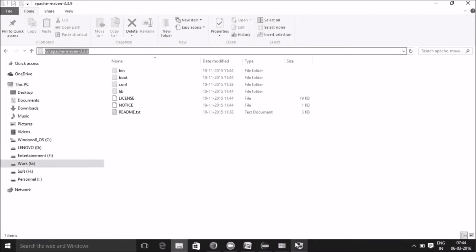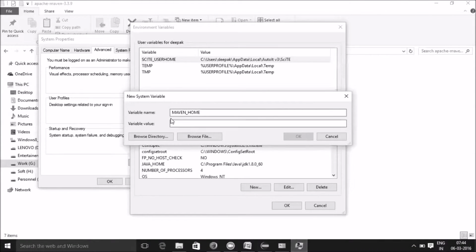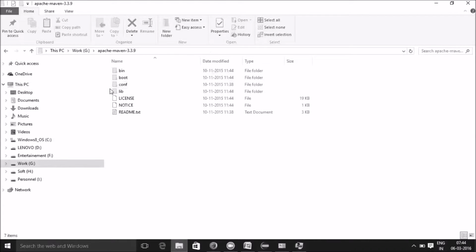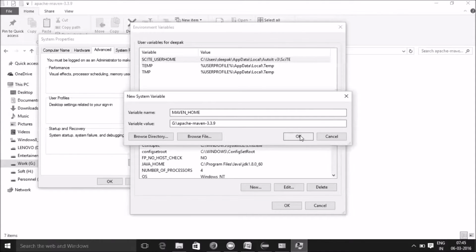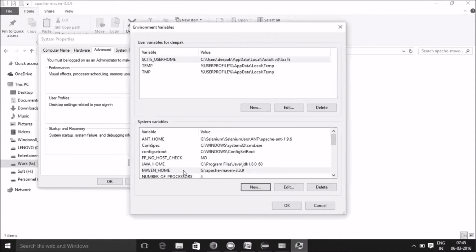You should not give the path up to bin, but make sure that under this folder you are able to see the bin folder. There are a couple of people I see who also give the bin. You should not give the bin. Click on OK. Now MAVEN_HOME, that is the Maven home directory, is created.